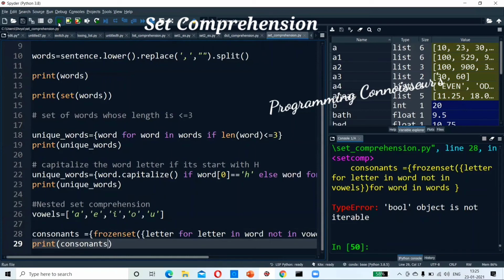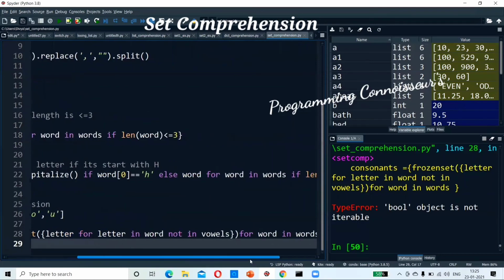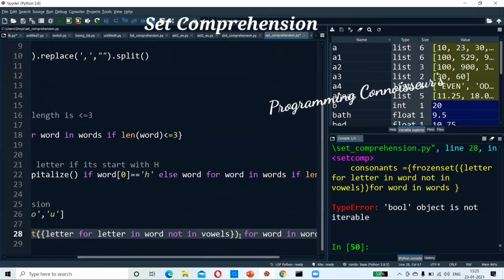It is saying a generator object, a letter for letter in word, not in vowels. That is what the problem is.